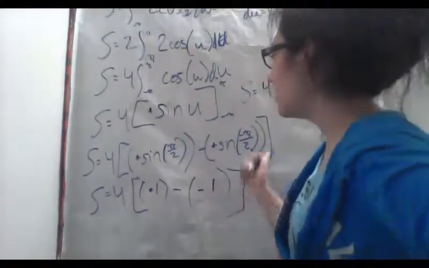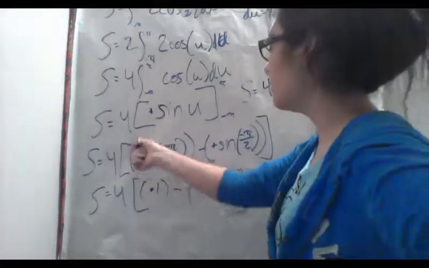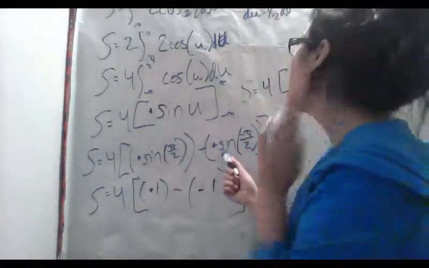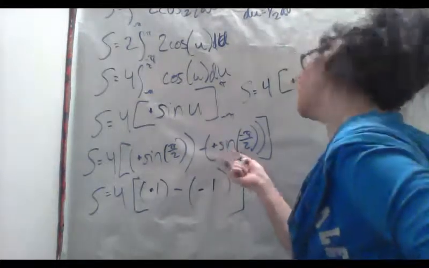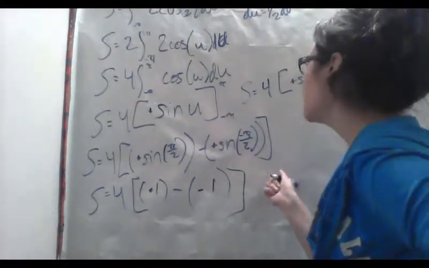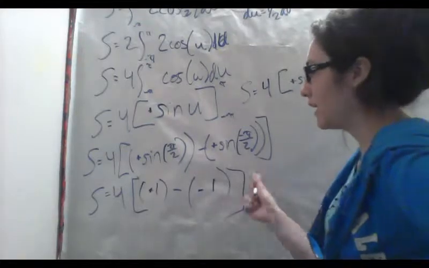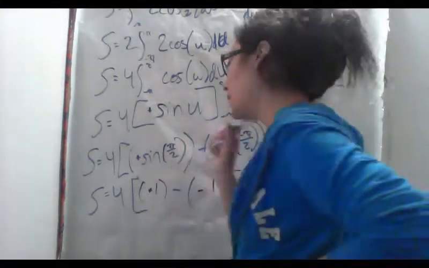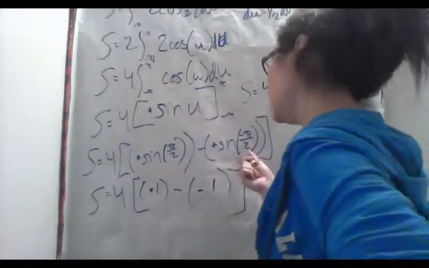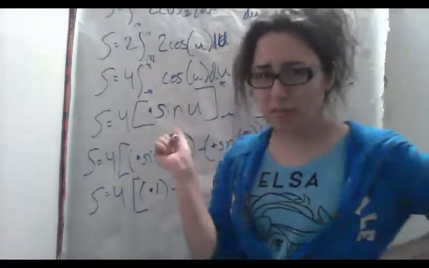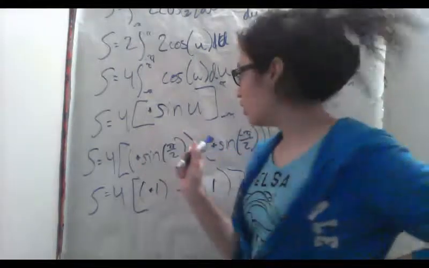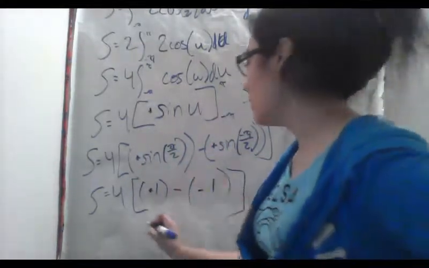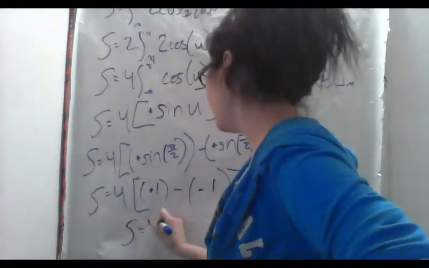So now we evaluate it. 4 times the bracket of positive sine pi over 2 minus positive sine negative pi over 2, close bracket. So sine pi over 2 is 1. So it's positive 1 minus sine negative pi over 2, which is a negative 1. So it'll be negative 1. But because these two are negatives, it's positive. So it's S equals 4 times